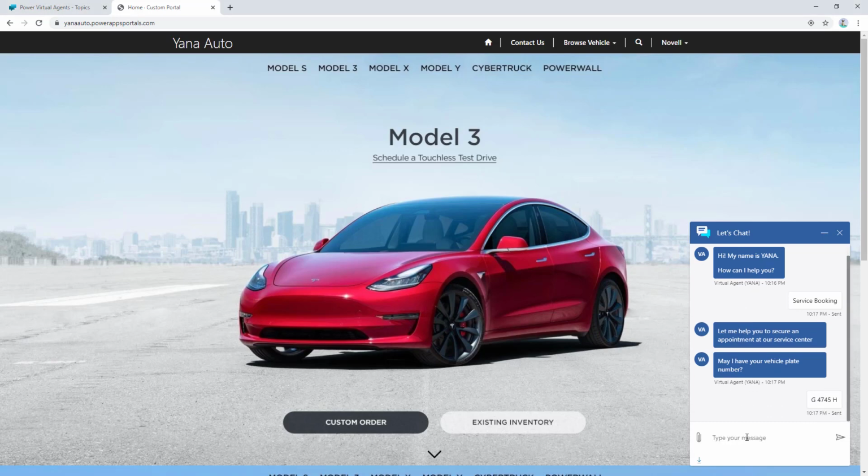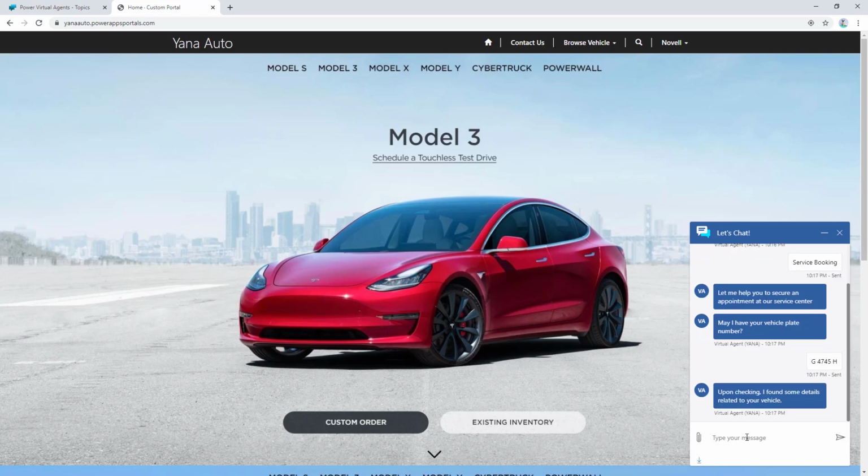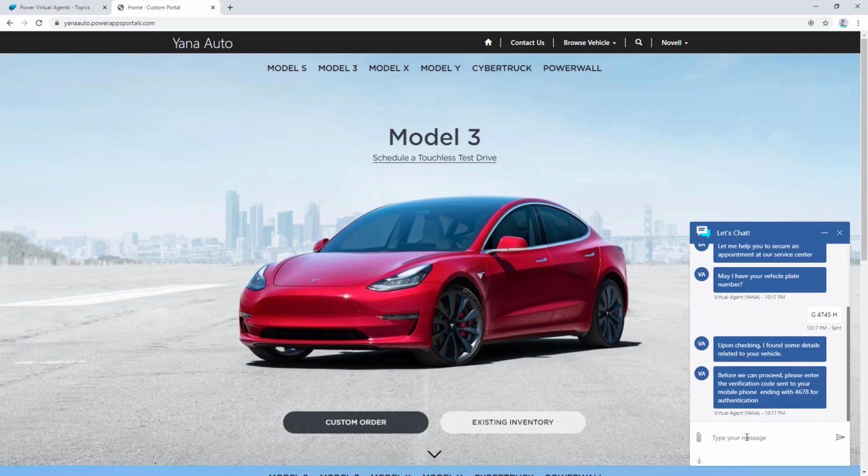The first thing that the virtual agent will ask is, what is my vehicle plate number? After I enter my vehicle plate number, what is going to happen behind the scenes, if you remember the dialog path that we briefly went through during the setup demo, is that there's a connector that connects to the back-end system to check if the vehicle exists in my master data or not. And upon checking, the vehicle exists in my master data,